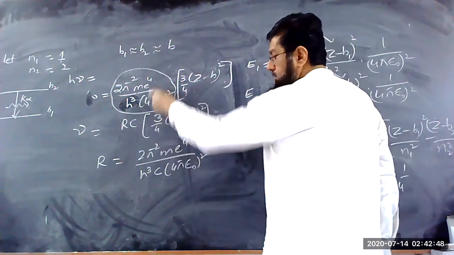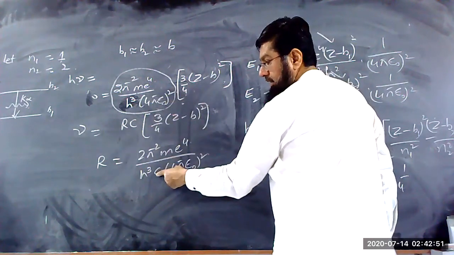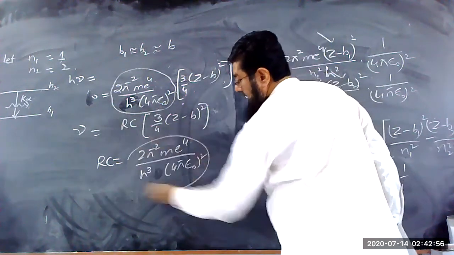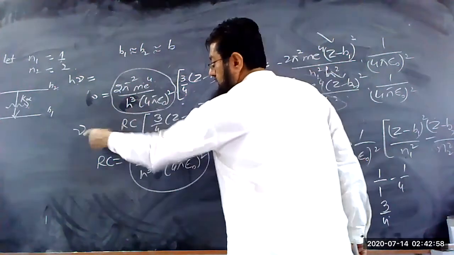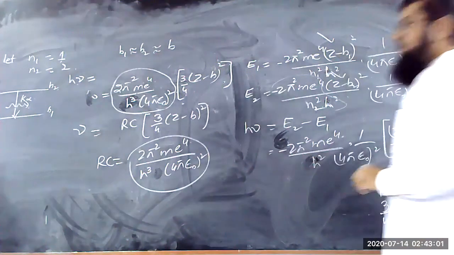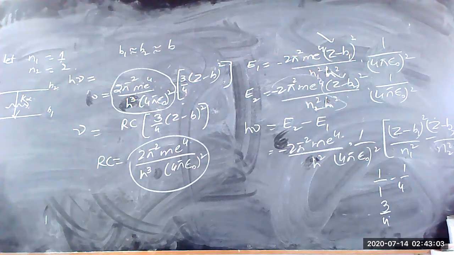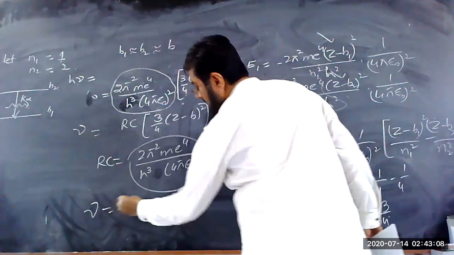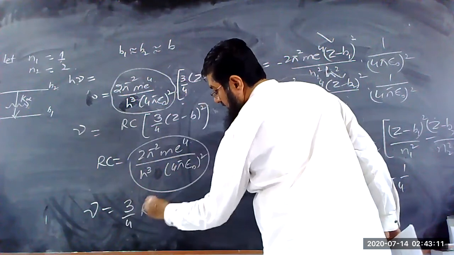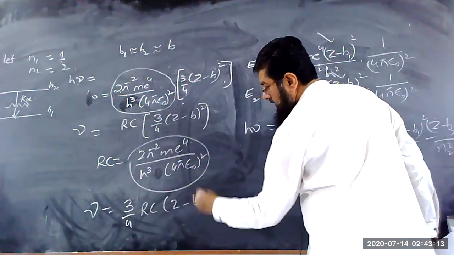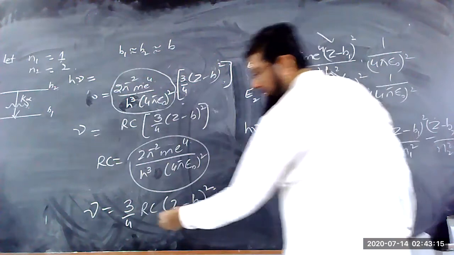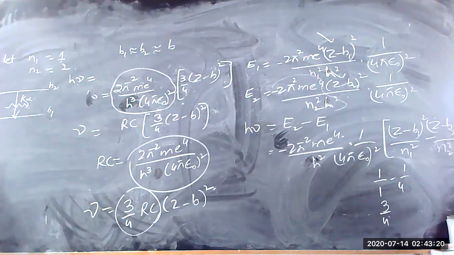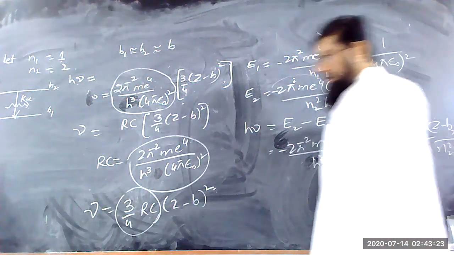If you compare this both, only the c is extra here, so the c can be multiplied over there, and the remaining thing is the same. So this is therefore nu is equal to Rc 3 by 4 (Z minus b). So from this equation, nu is equal to 3 by 4 Rc into (Z minus b) whole square. This 3 by 4 Rc is again constant. 3 by 4 is constant, Rc is a constant, and this 3 by 4 comes out from the line,